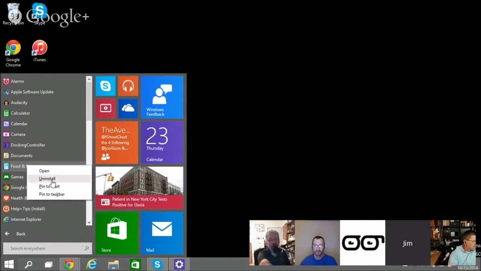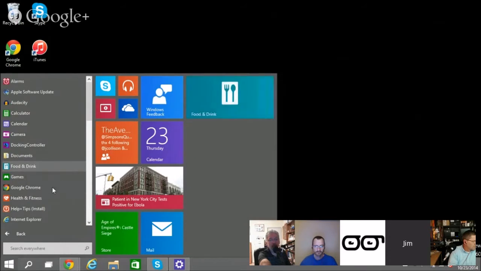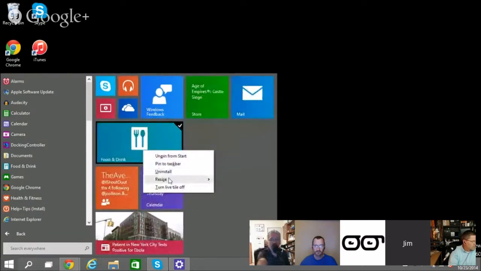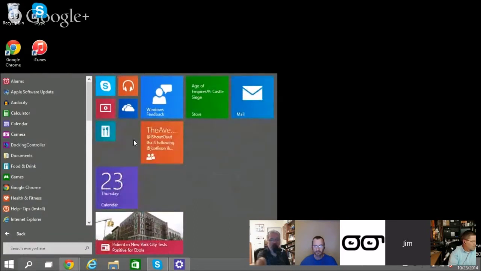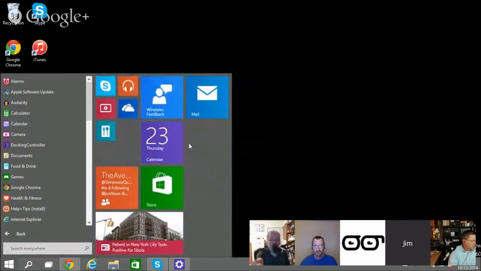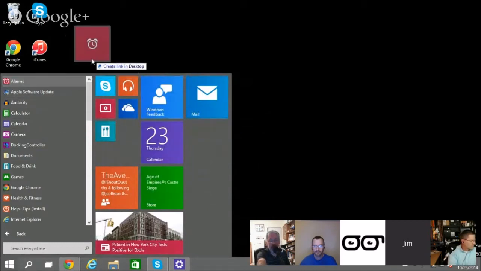So if you pin to Start right now, it's going to appear on the right side in this configurable Start menu. Grab that. You can drag it around. You can configure this however you want. And then if you grab the top of this whole menu window, you can change the size of the tiles as well and make it fit the way you want it to fit. And these are still live. So these tiles are just like on the Windows 8 and 8.1 Start screen. They dynamically update as they're displayed.